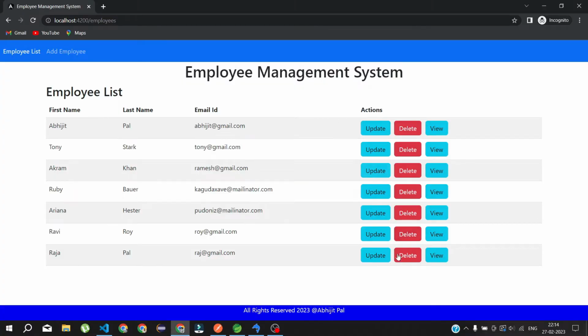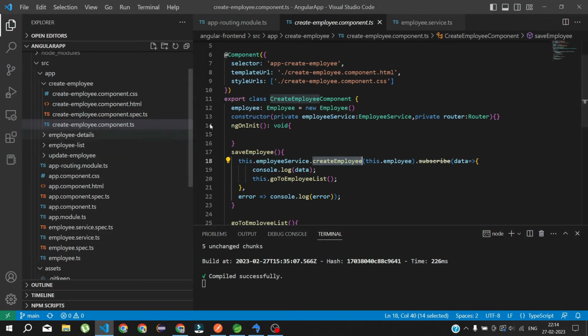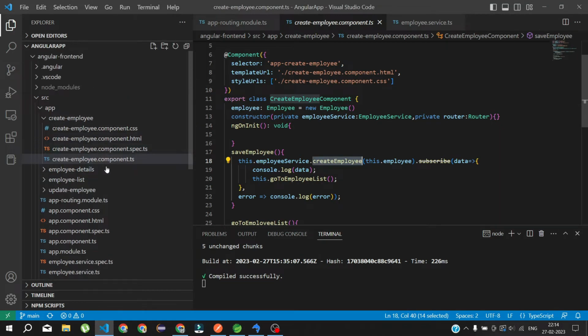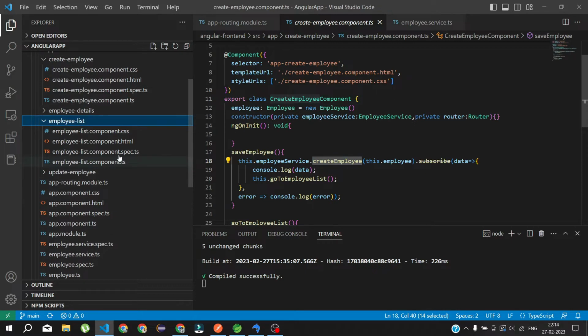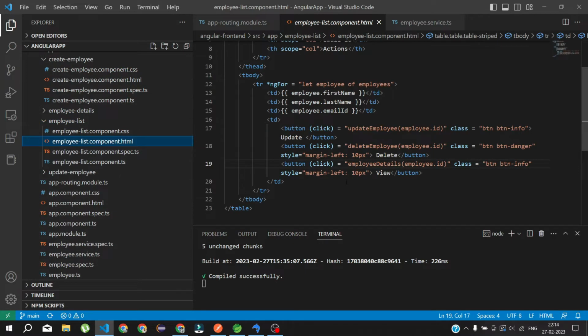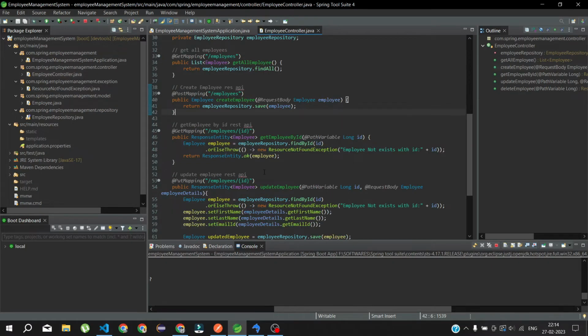Now let me show you the delete functionality. If you just click on delete, see, it is vanished. In the delete function also, I'm calling it from the employee list component. If I show you the delete button, here you can see it is calling the delete employee API, and it is also passing the employee ID as a parameter. Okay, so in the backend, if I show you,